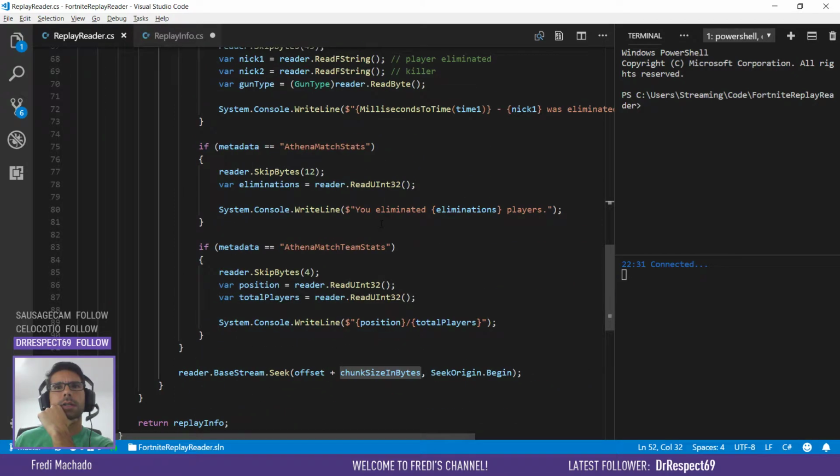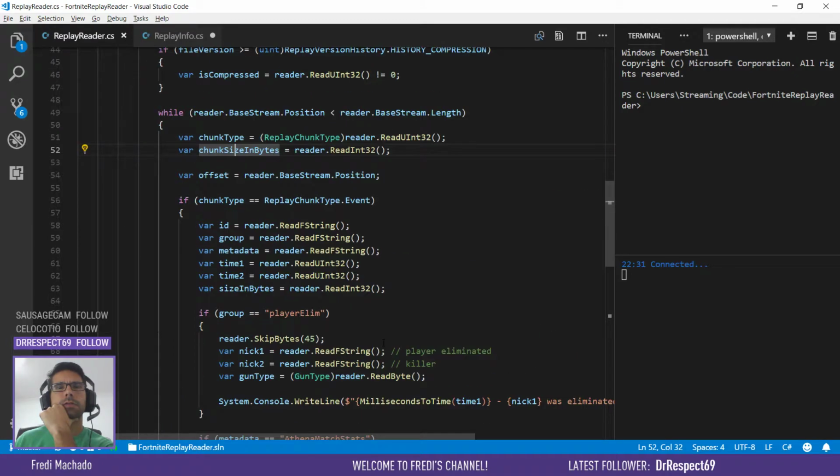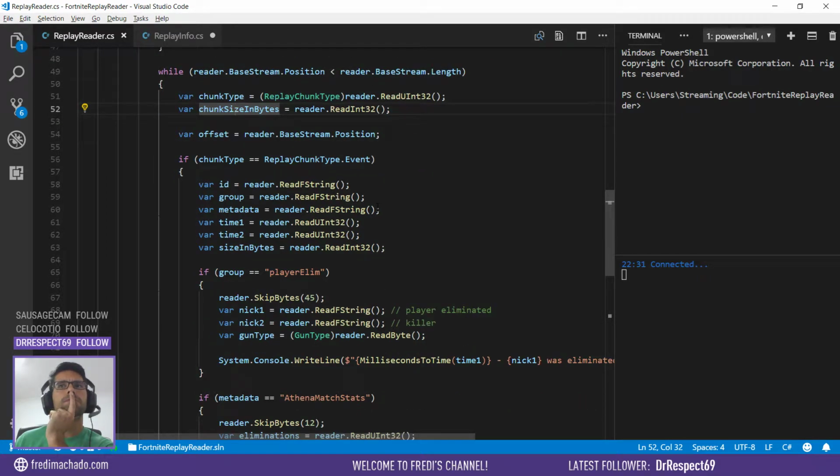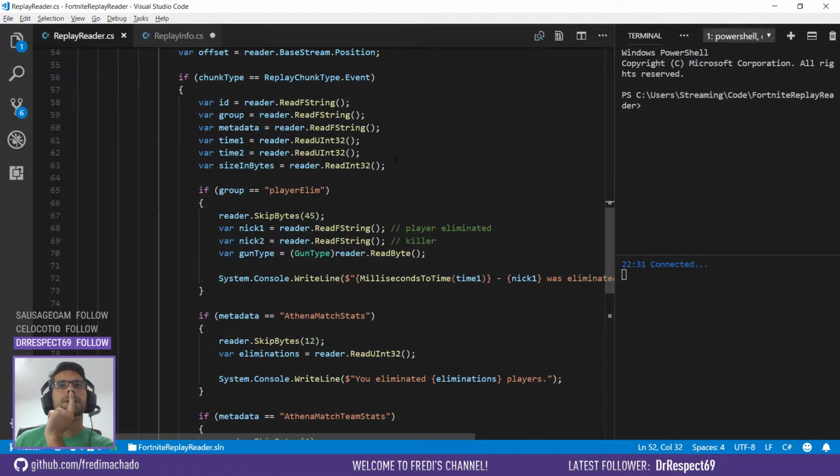Chunk size in bytes we're using here. Okay. Now we need